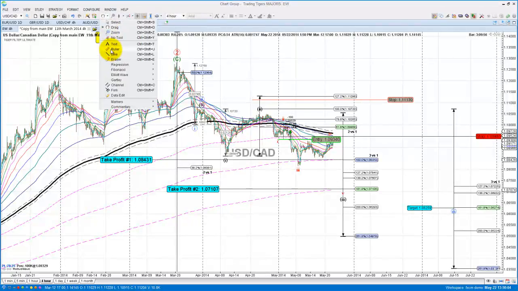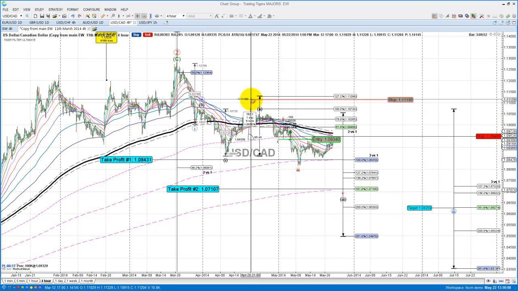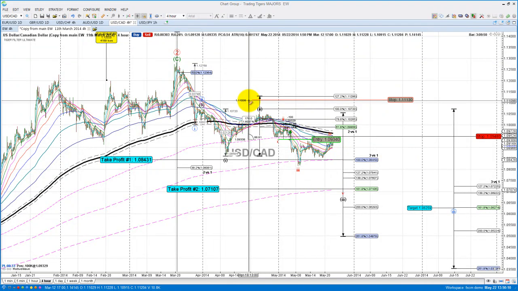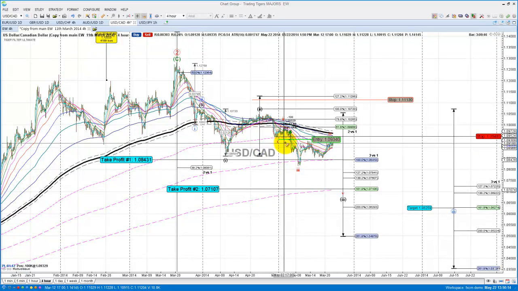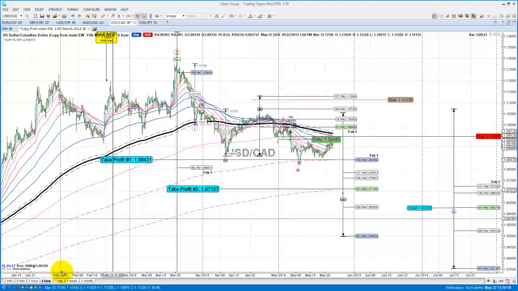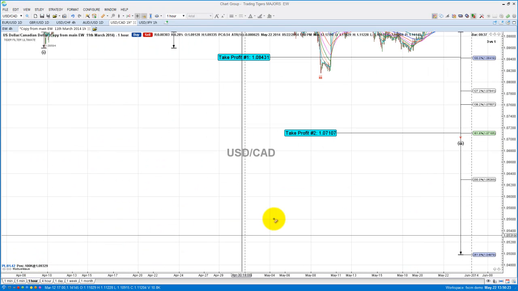So what we're going to do, we're going to see how much that is. That's 182 pips, right? And subsequently we've been able now to reduce our stop loss. As you can see, the stop loss has been moved down, and if I move it down to the 1-hour chart,